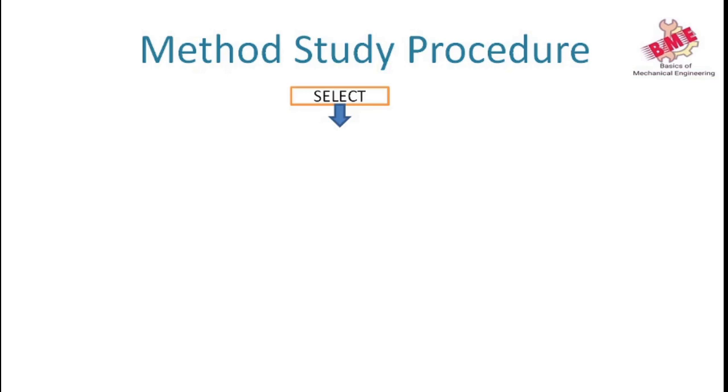Next is record. We have to record the old existing layout plus its proper machining, assembly line or any other equipment, production line. We have to check and record in a well-recorded manner. Third step is examine. In examine, after the recording, the process will be examined by expert engineers to improve that process and give new suggestions.